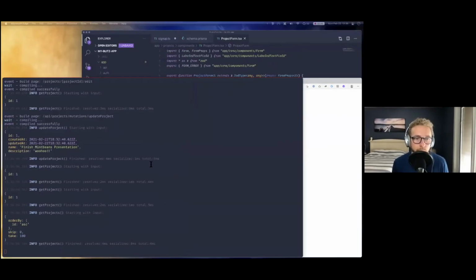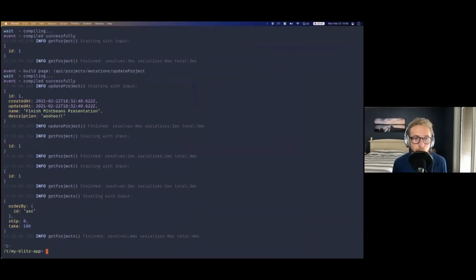Well, let's go back to our terminal, and we're going to run blitz generate all task, and we're going to give the task a name of string, and we're going to say that a task belongs to project. And so this is going to set up that relationship in the database for you.